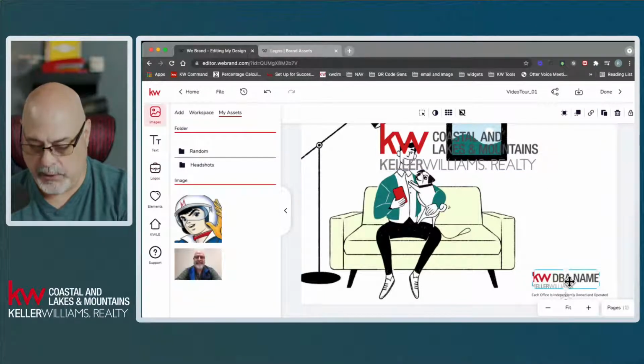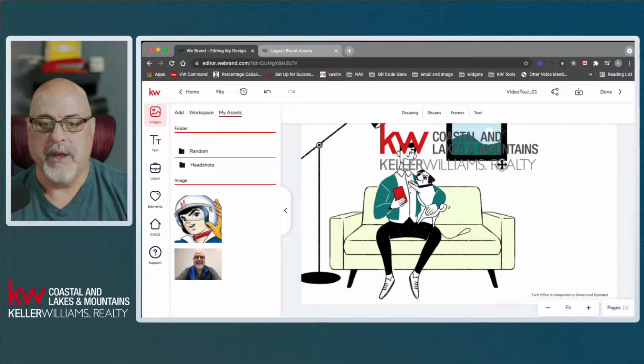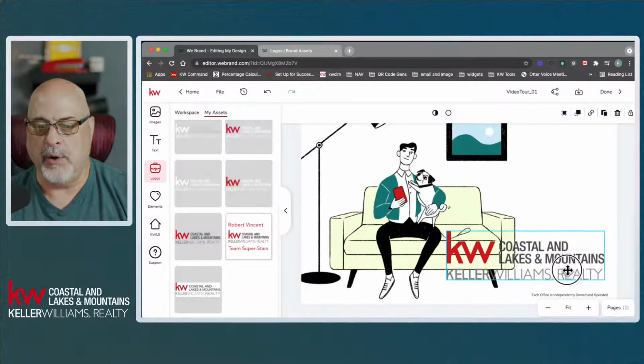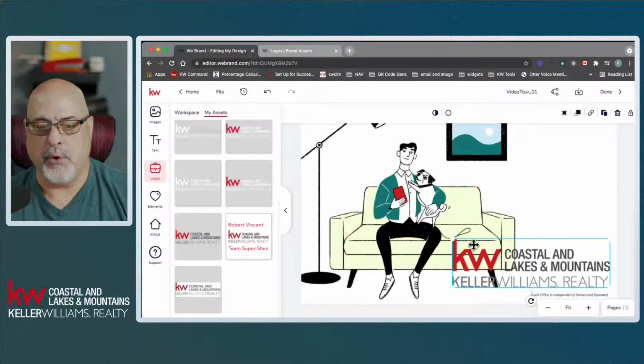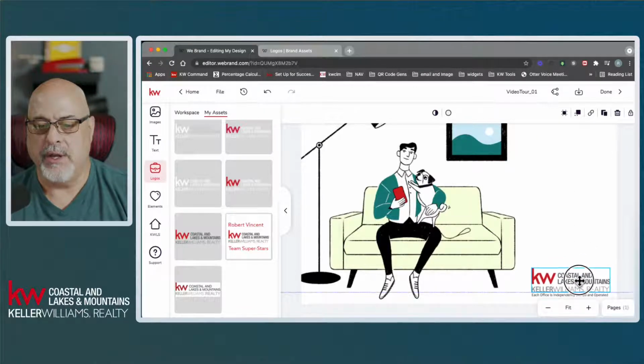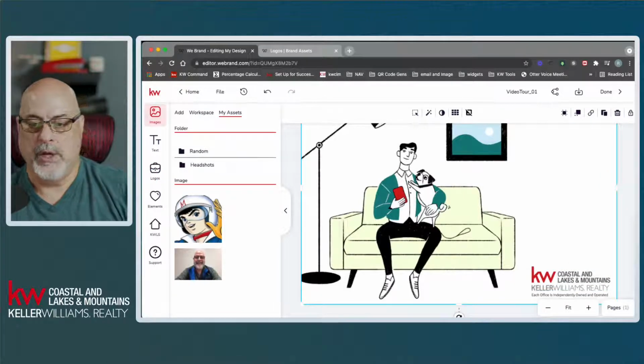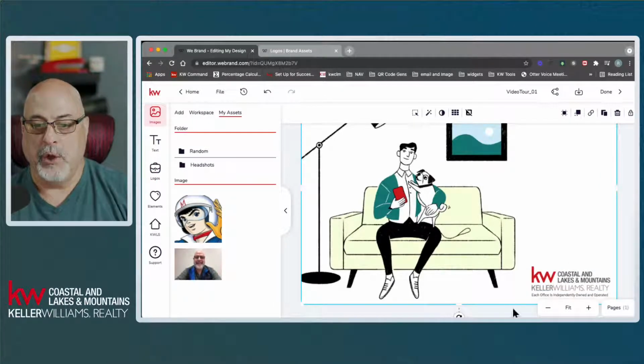I'm going to remove that logo from the screen, the other one here. I'm even going to remove the placeholder. And now I'm going to take my KW logo, kind of put the bottom right-hand corner where I want it, and then I'm going to use the resize. And I'm going to bring that down to just the right size. And what do you know? There is my logo in the lower right-hand corner,